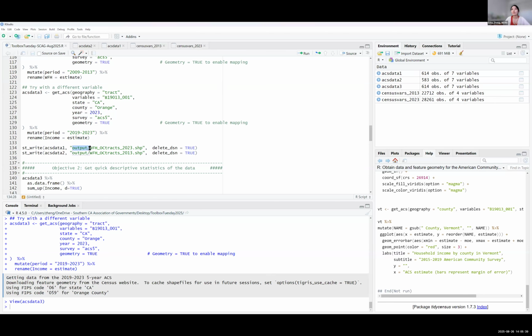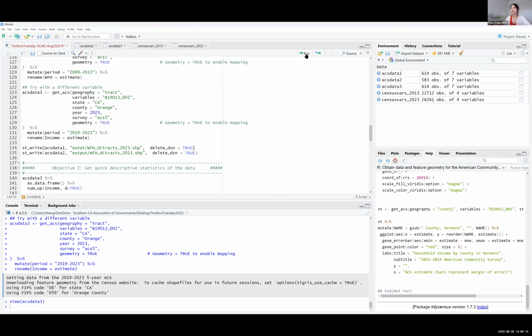So I put output here because I created a little output folder within my Toolbox Tuesday folder. You don't have to do it. You can just put the name here, and the outputs will be in your working directory, so not under any subfolder.